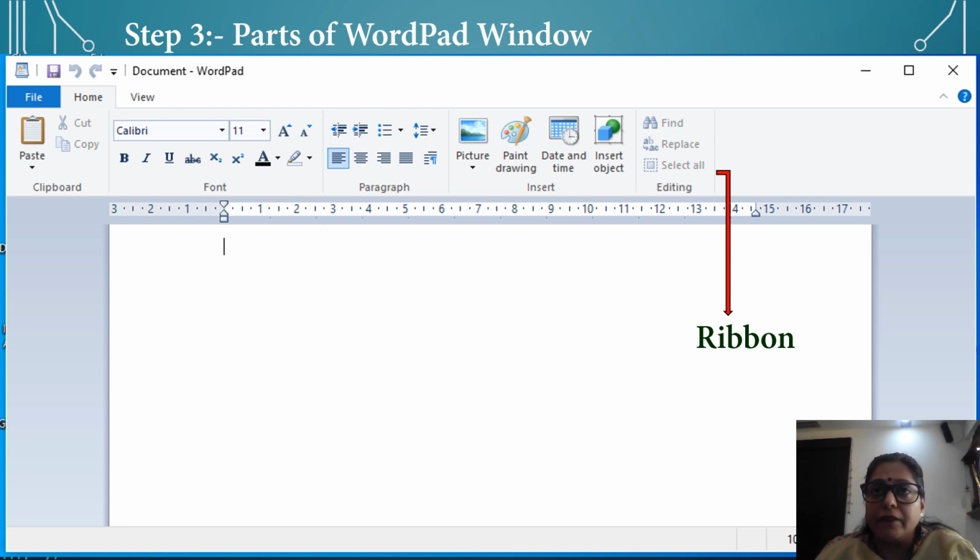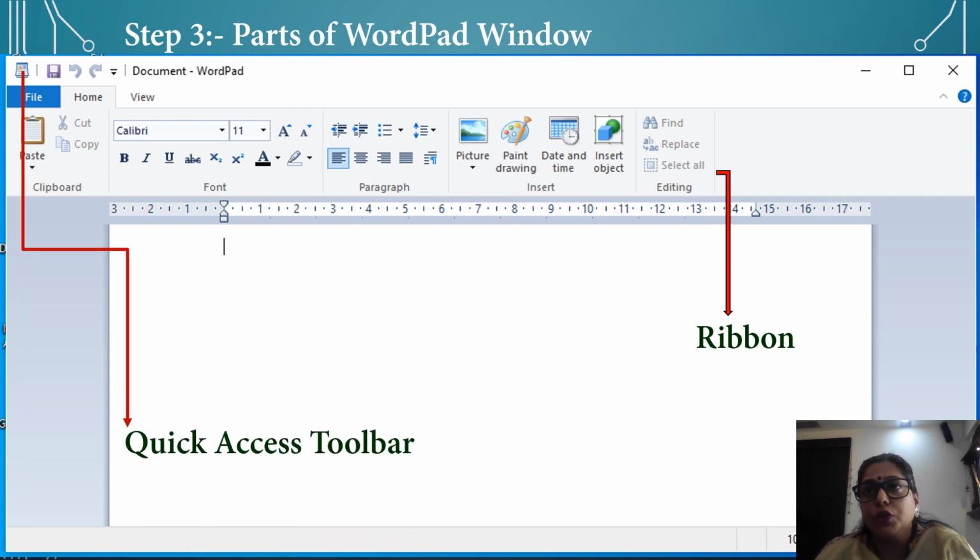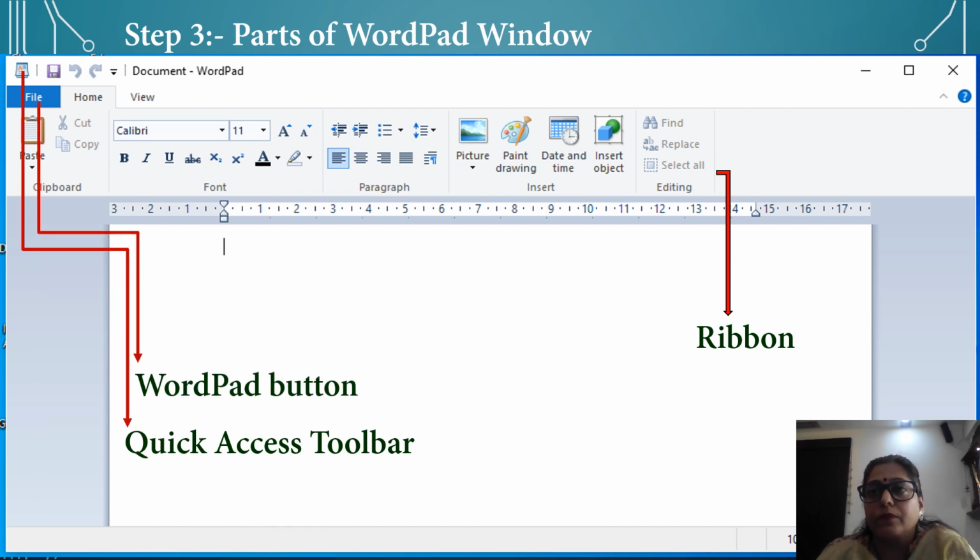The second one is quick access toolbar. It is positioned above the ribbon. It helps in all common tasks which are performed with a single click. After that, WordPad button. It is located just below the quick access toolbar. It contains the menu for working in a WordPad.